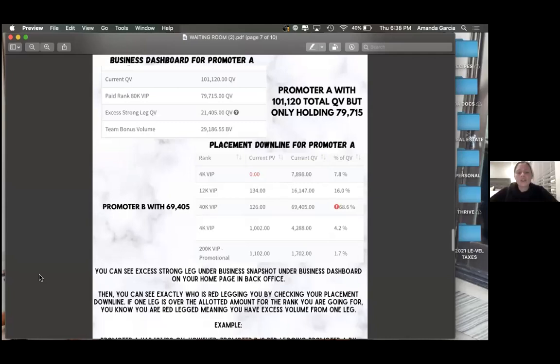So basically, if this is my whole organization, I would do it for anyone that's outside of promoter B and open it up to them. And also customer orders are going to count as well. So as long as it's outside of the strong organization that's red legging you, it's going to count. So going down,